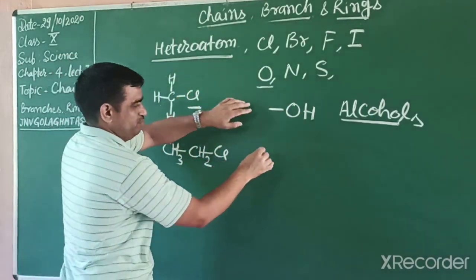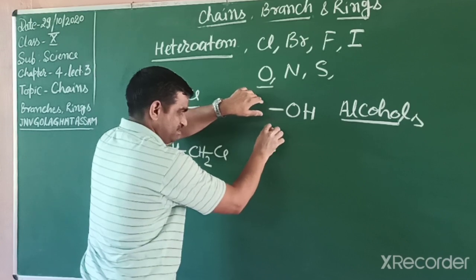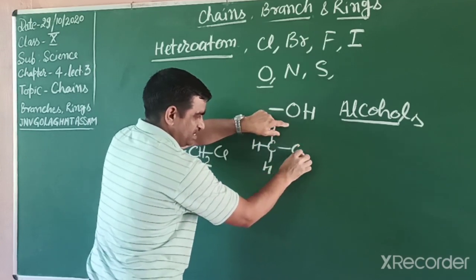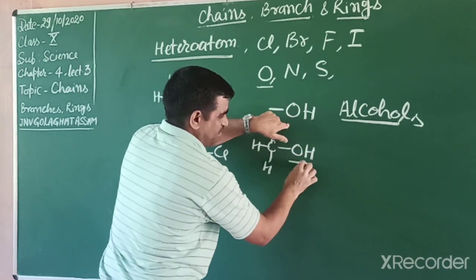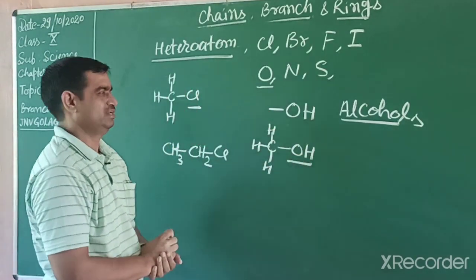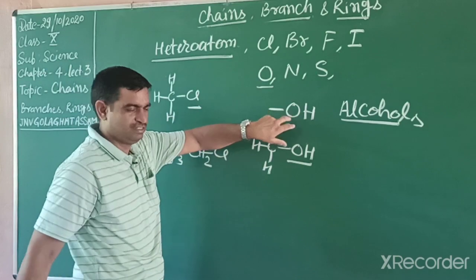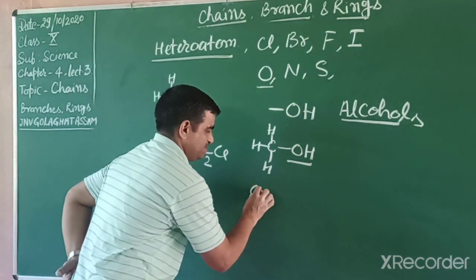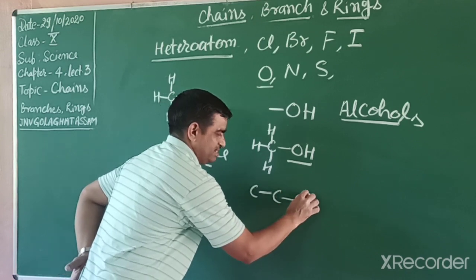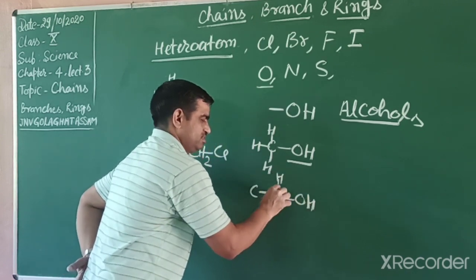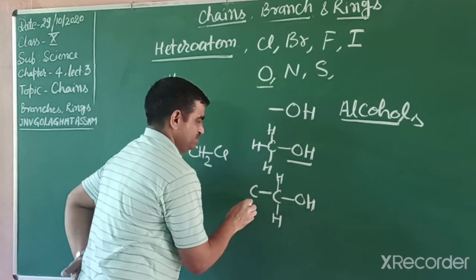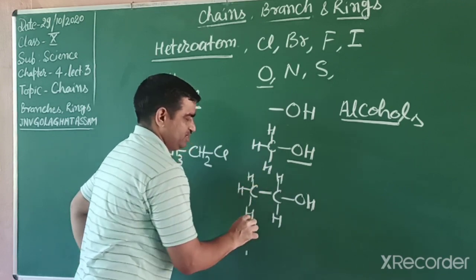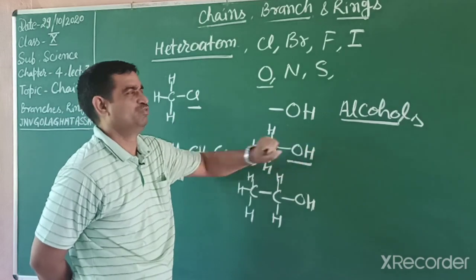If we remove a hydrogen from carbon, leaving 3 hydrogens, and add OH, such compounds change into alcohols. Its property is decided by this oxygen atom. Furthermore, if you write 2 carbons and then OH, the melting and boiling points increase, but the main characteristic property is decided by this OH group.